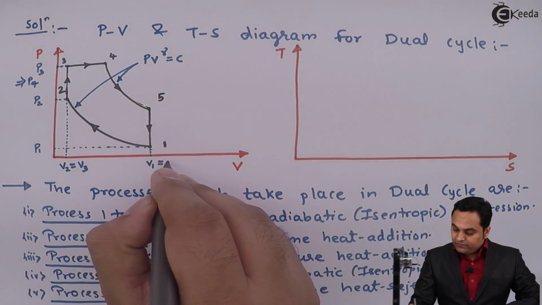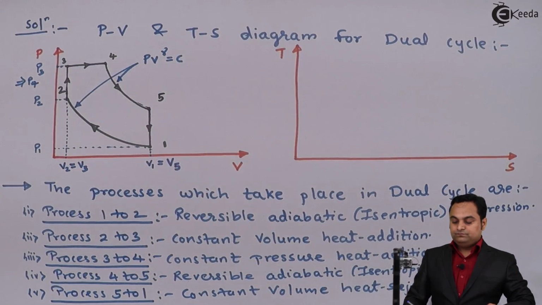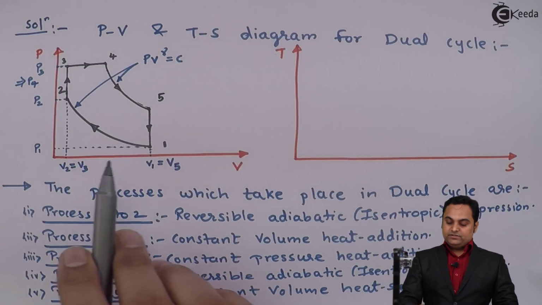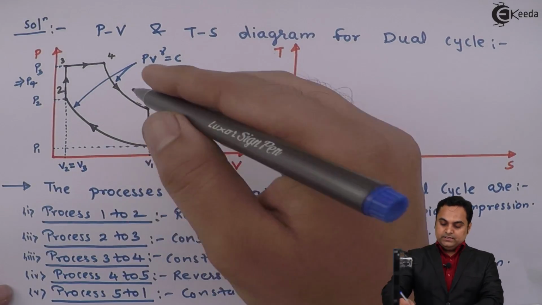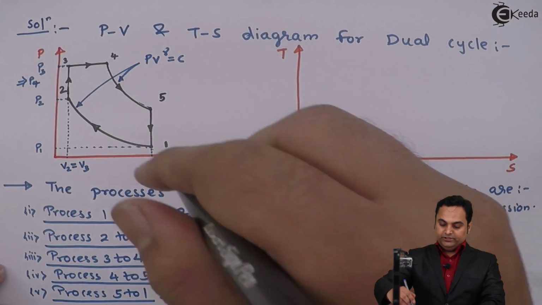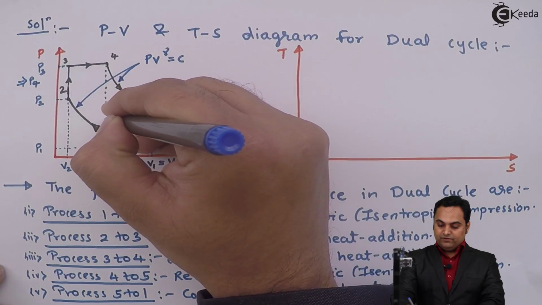So V1 is equal to V5. So here is the complete PV diagram for dual cycle, and at point number 4 the volume is V4,